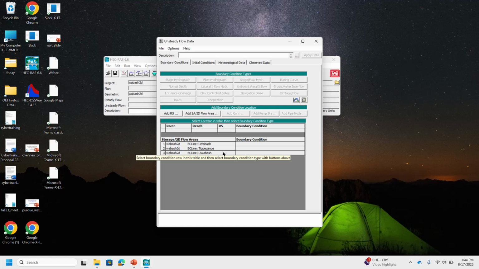So let's go ahead and do the Tippecanoe boundary condition first. To specify the boundary condition, you click the cell next to the boundary condition line. So we are going to specify the flow hydrograph for Tippecanoe County. And you can see once you click here, you will see what type of boundary conditions you can specify. You can either do stage hydrograph, flow hydrograph, rating curve, or normal depth. Since this is an upstream boundary condition for Tippecanoe, we are going to do flow hydrograph. So click on flow hydrograph,